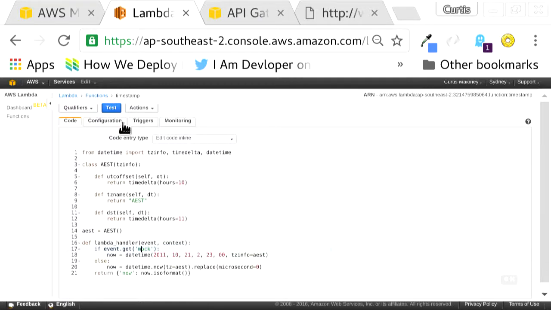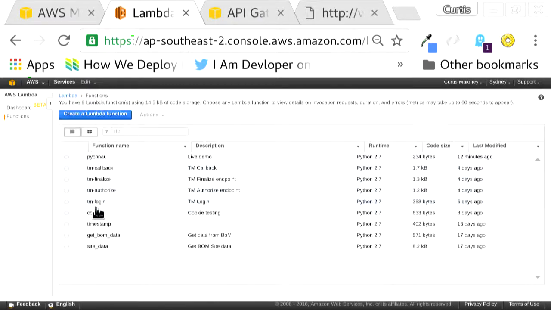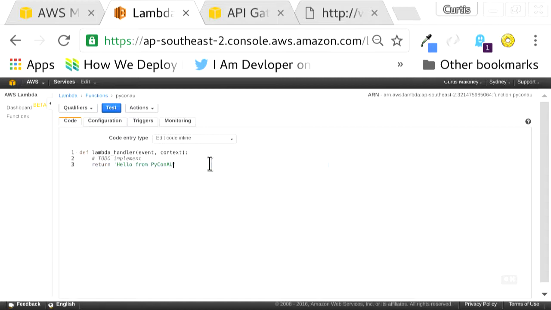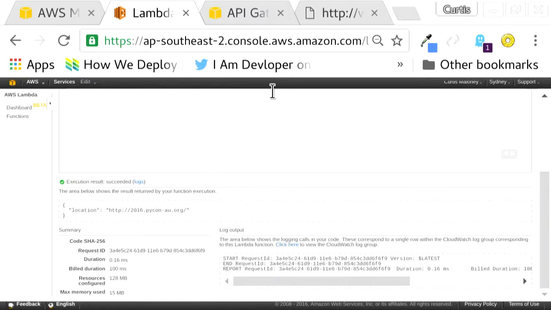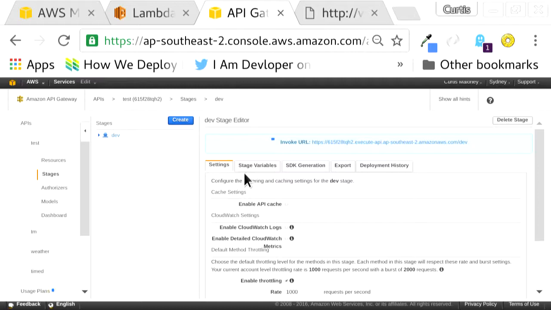So, back to our little test function. What are we saying it is? So I'm going to return this, save and test. Okay, worked. I'm going to go back to the gateway, and I'm going to say